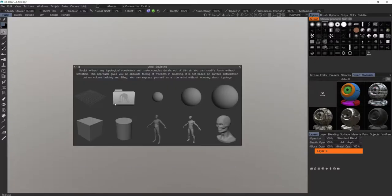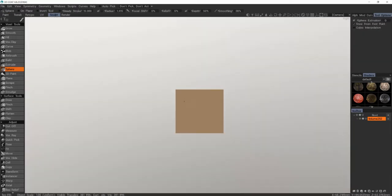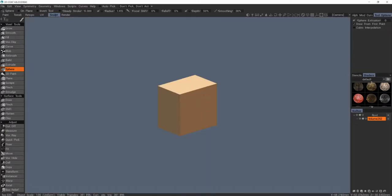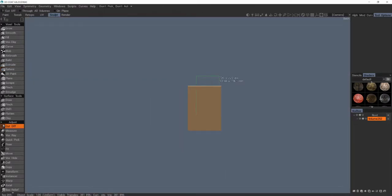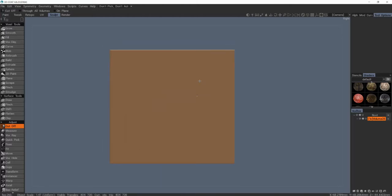Okay, I'm gonna quickly show a few things that might be useful. Start with the box. Okay, gonna make it a little bit thinner. Press a little bit like this. So I can